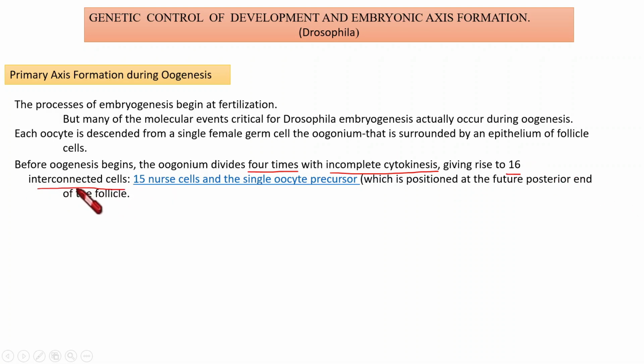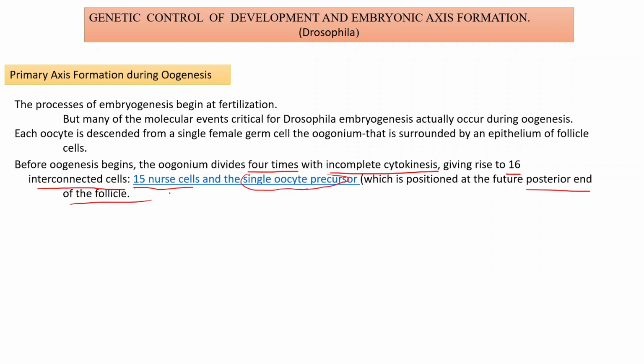Among the 16 cells, 15 are nurse cells and only one is a single oocyte precursor. Where is that oocyte precursor positioned? It is usually positioned at the future posterior